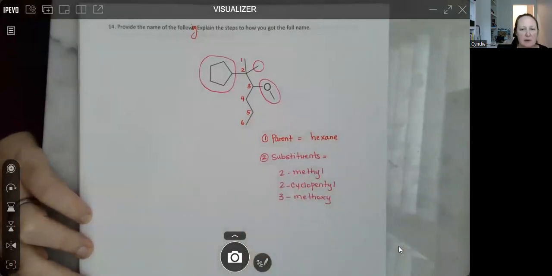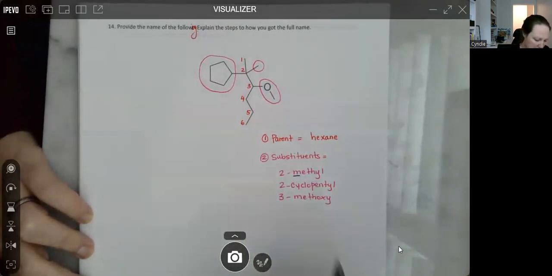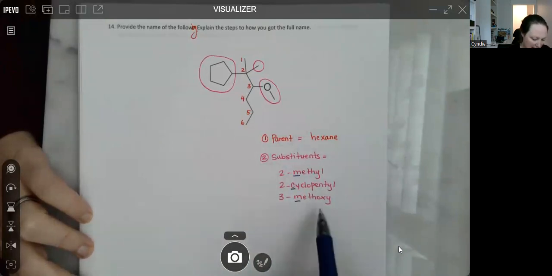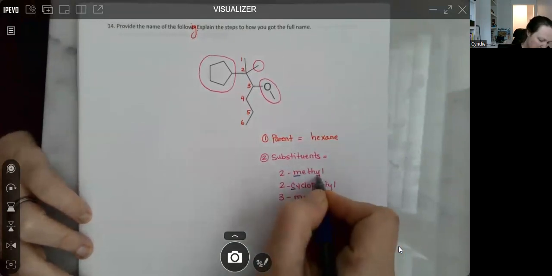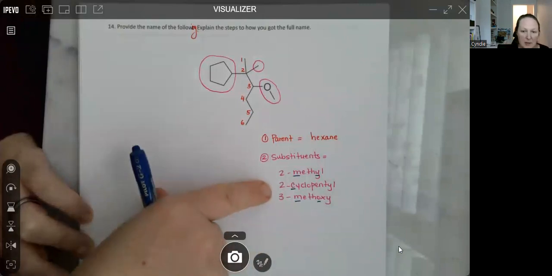Again, none of those have any sort of priority. So we're just looking for alphabetical order in terms of knowing which order to put them in front of the parent. So M, we would use methyl. C, for cyclopentyl, we would use C because cyclo is not a counting prefix, so it counts towards the alphabetical order. And then again, M for methoxy, noting that when we find a point of difference here, the O comes before the Y alphabetically. So in terms of the order in which we put these, right, we would do cyclopentyl first,